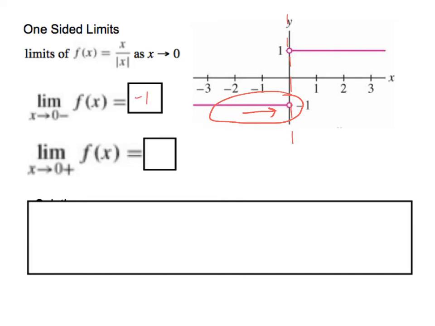Those y values are approaching -1. And if I look at it from the right, just to the right of my vertical line, approaching or working back towards 0, my y values are up there at +1. Because these two values are not the same, because the one-sided limits are not equal,